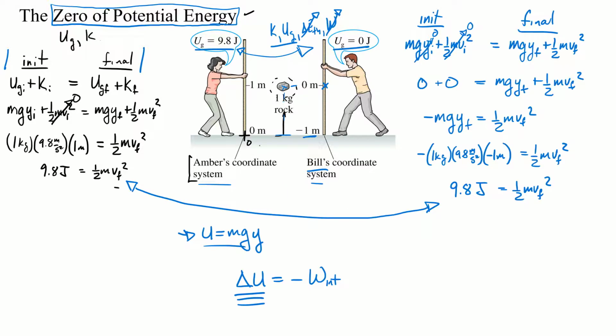So after we went through all of that and thought about the problem, all we had to do is look at the initial and the final points and consider what the energies were at those two, at the start and at the end. And then after that, it was maybe a line or two of algebra before we got to what our final answer was. Anyway, again, practice is going to get us comfortable with this.